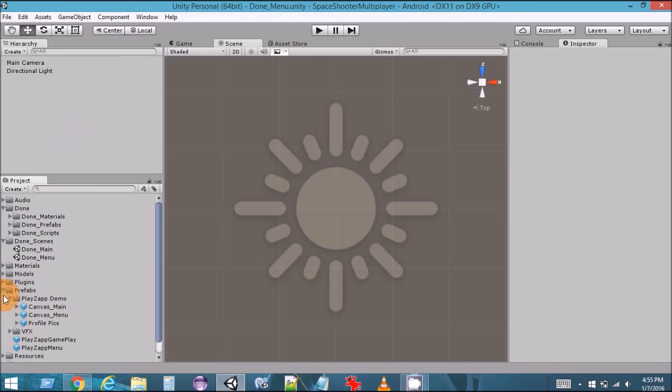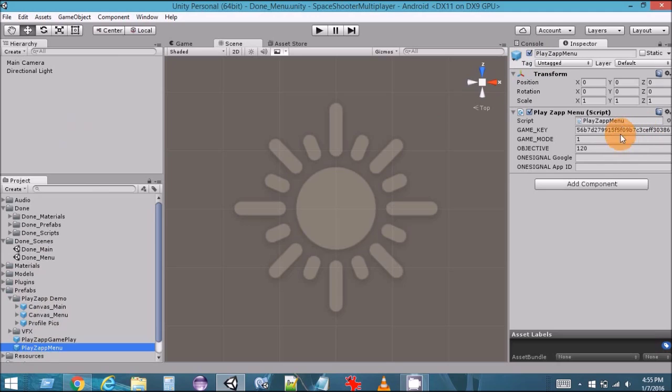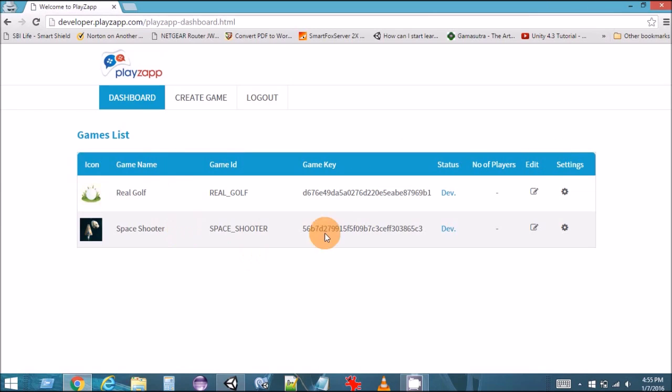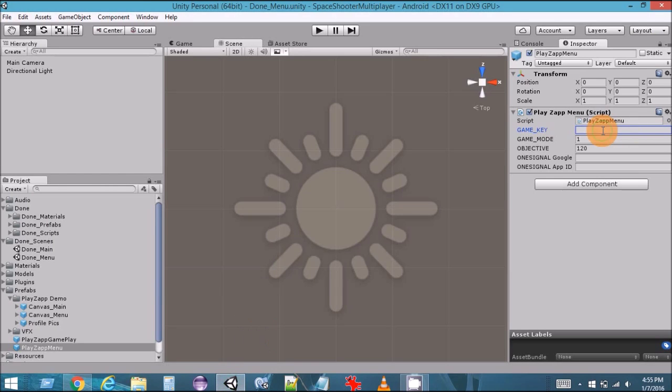And next I'm going to configure the PlayZapp menu, which is a prefab, which you will see under prefabs, and I'm going to enter the game key, which is used to communicate with the PlayZapp API, which actually authenticates your game. So I signed into PlayZapp and I'm copying the game key now. Pasting it, and